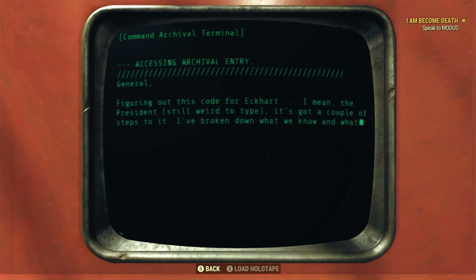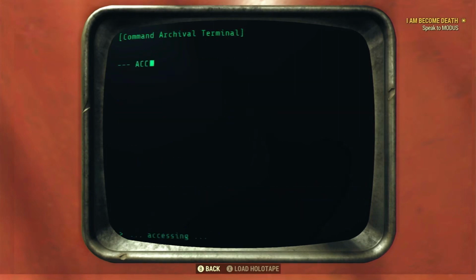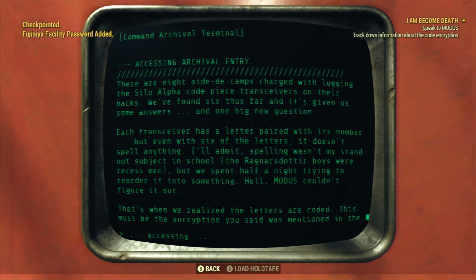And entry, and then blank page. The code pieces. And we get the Fujinawa facility password added to our